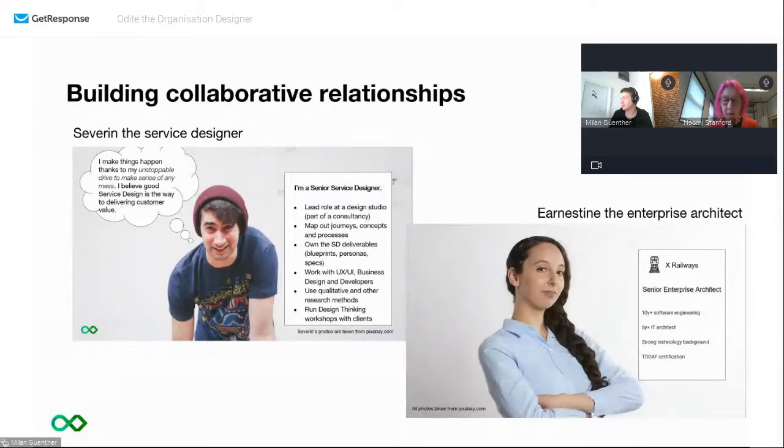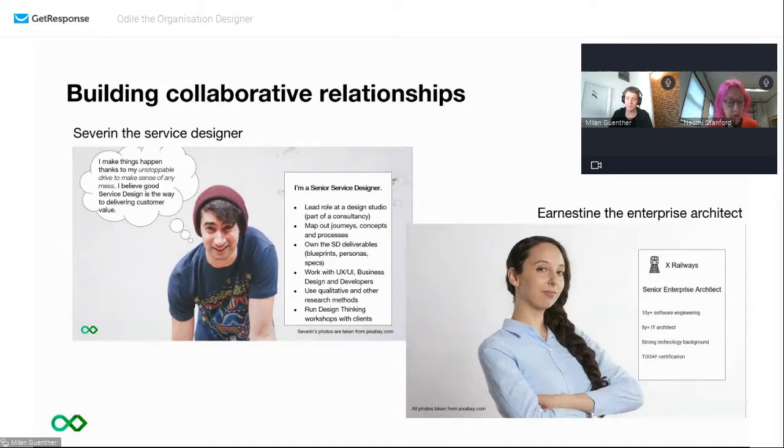Because often, and this is a design flaw in most organizations, individuals like Ernestine or Severin are performance managed and rewarded on the delivery of their bit of whatever it is that they're designing. They're not rewarded necessarily, they might be, for collaborating with other people and thinking through and spending time working out how the various roles interact and how they can use each other's expertise to help each other do what they're supposed to be doing. There's very few performance management systems which incentivize collaborative behavior in a real way.